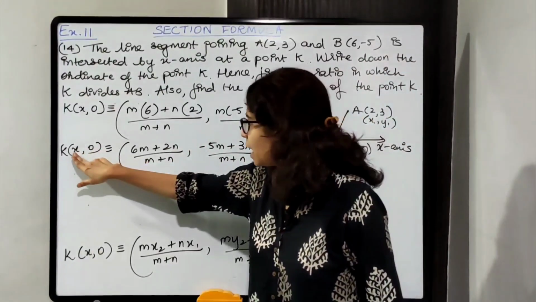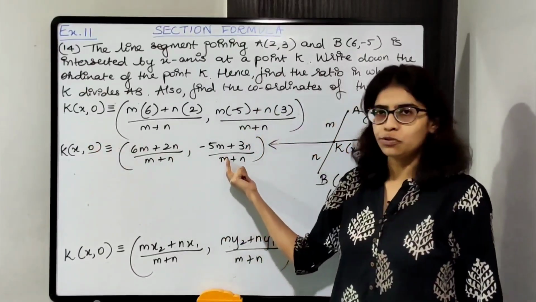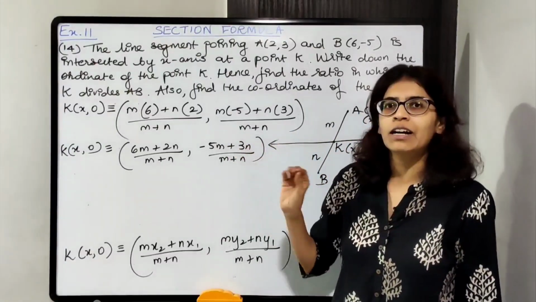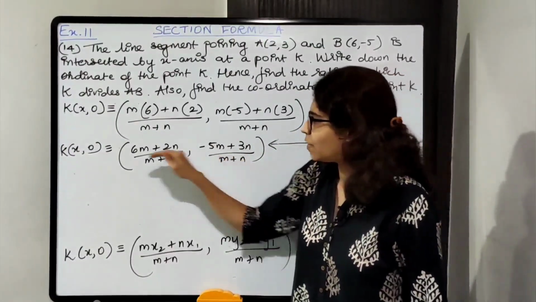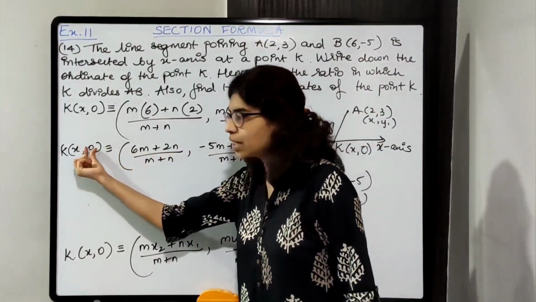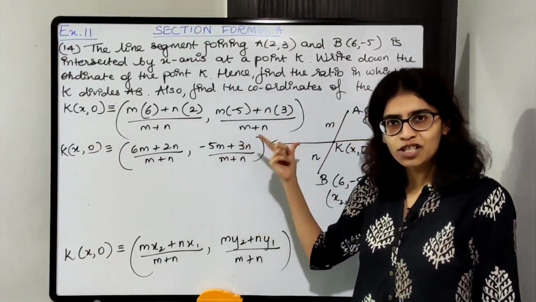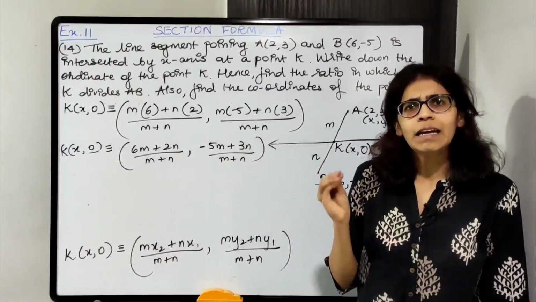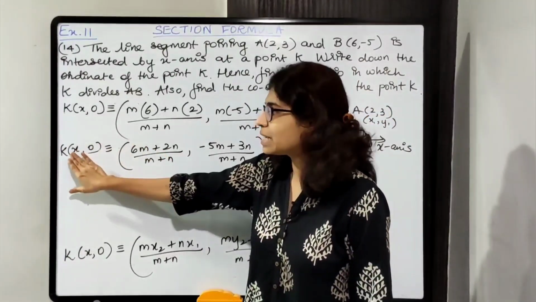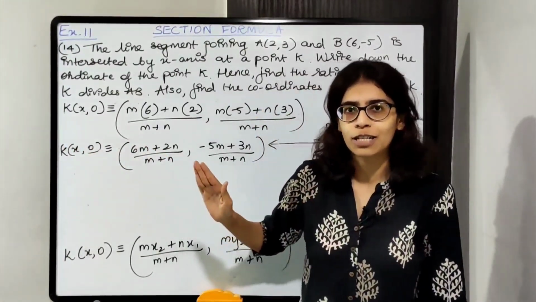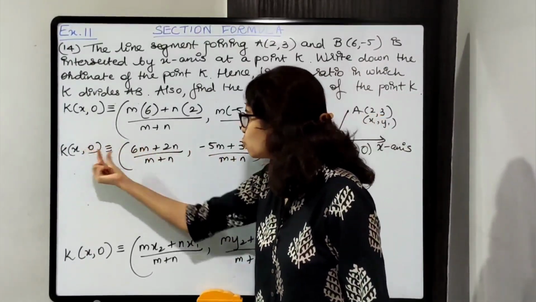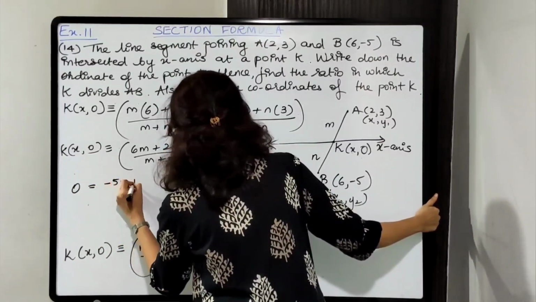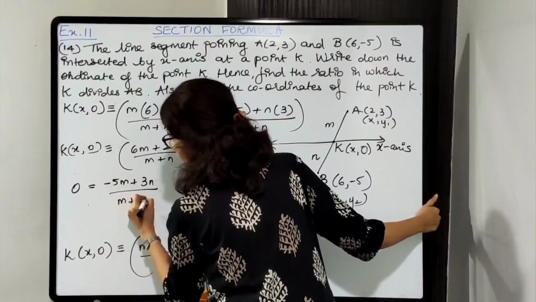Now we'll equate x is equal to this and 0 is equal to this. Which one you will take first? किससे हम लोग को m और n का वैल्यू मिलेगा पहले? ये वाला y कोऑर्डिनेट है ना. We know y coordinate is 0, so 0 equal to this. We'll solve and first we'll find out the ratio m is to n. Till you don't get m and n, तब तक हम लोग x नहीं फाइंड आउट कर सकते, कोऑर्डिनेट्स ऑफ k नहीं फाइंड आउट कर सकते. So first we will equate these two. So 0 is equal to minus 5m plus 3n upon m plus n.